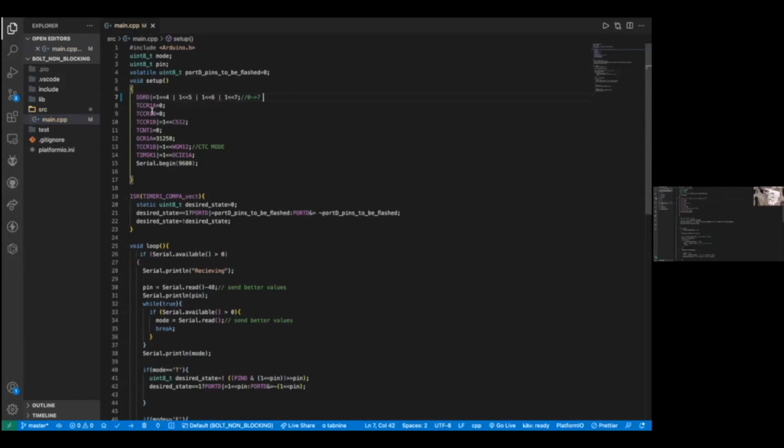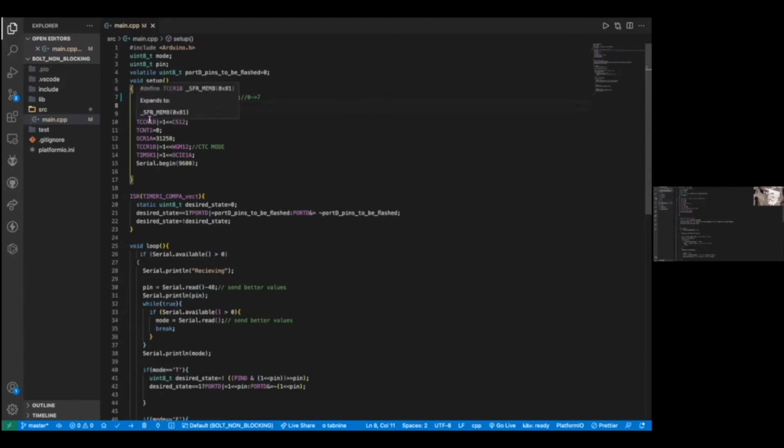Next we set the timer counter control register 1A to 0 and control register 1B to 0, because we don't want any default settings.